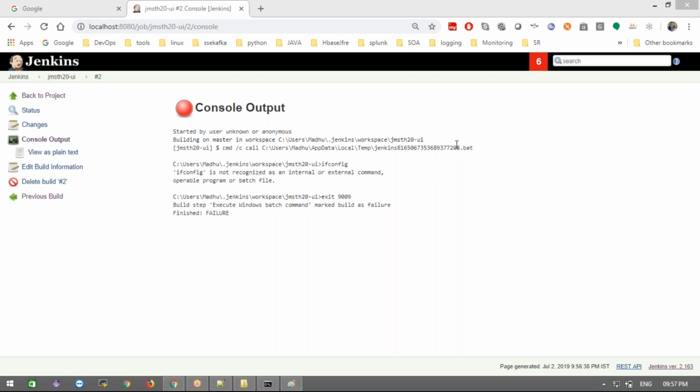If you successfully build my UI project, then only do I need to go for another project. If there is no proper output from the UI project, what will I do with the second build? It is a waste of running and a waste of my console output and resources. Everything is a waste, right? It should have the proper input from the UI.